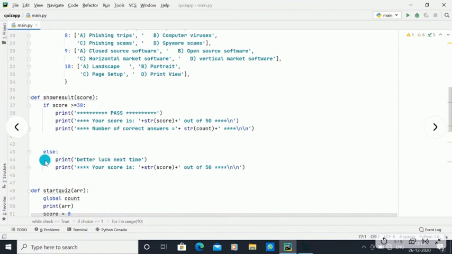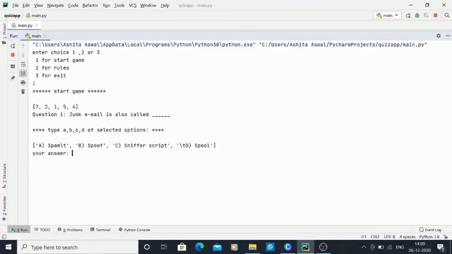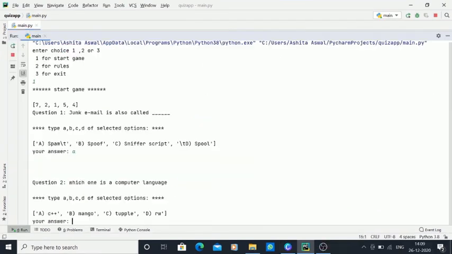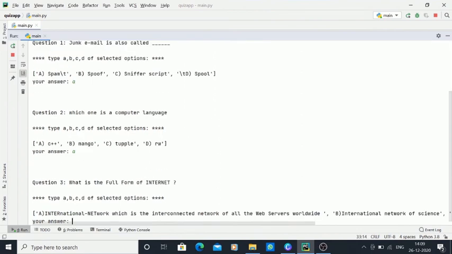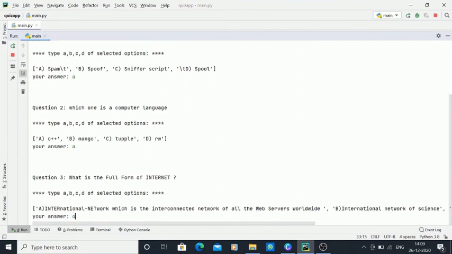Now the next is the else case. The else case says better luck next time. If you didn't score greater than or equal to 30, then it will print better luck next time. Your score is something like that. Okay, I'm showing you if I passed. It's spam, C++, international network of